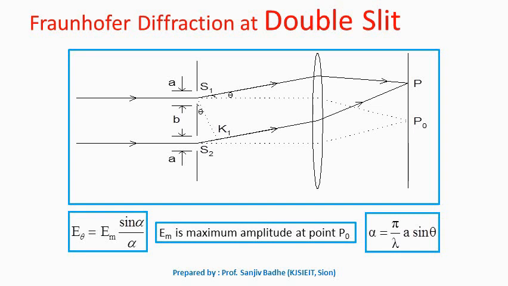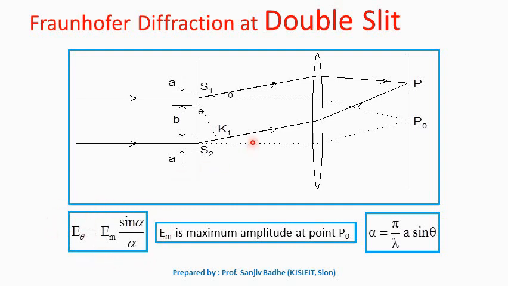In double slit diffraction case, we will use that result which is obtained in single slit diffraction to simplify the problem. So what we will do, we will replace all those n waves which are diffracted from this slit by a single wave having the amplitude E theta equal to Em sin alpha upon alpha. So single wave having this amplitude is diffracted at an angle theta. Similarly, from this slit number 2, we can replace all the waves which are diffracted from slit number 2 by a single wave diffracted at an angle theta and having the amplitude Em sin alpha upon alpha.